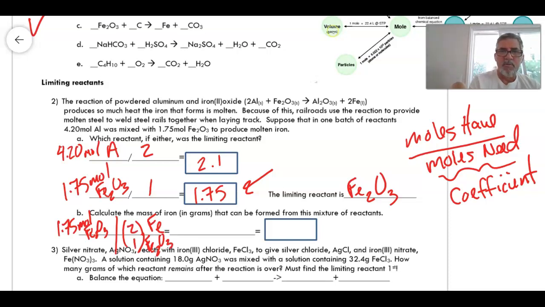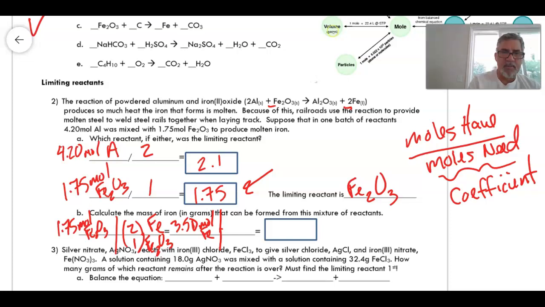Remember, I got that 2 for the iron up here, the 1 for the iron 3 oxide right there, and then I multiply those across. I get 3.50 moles of the iron,